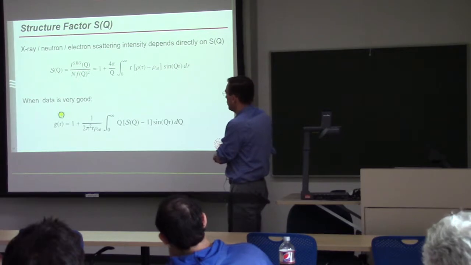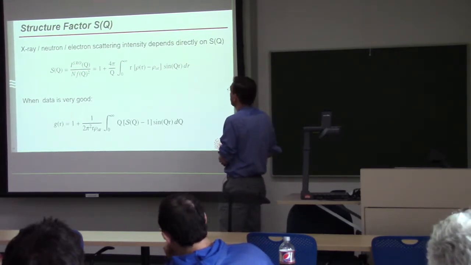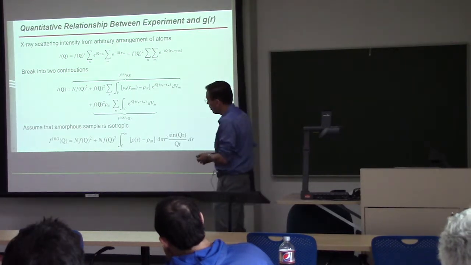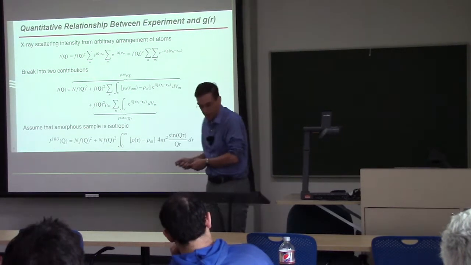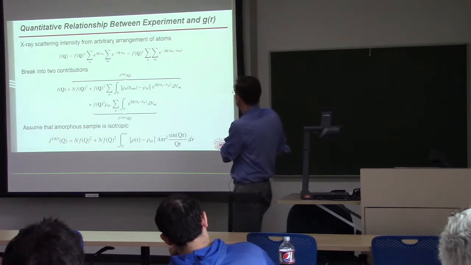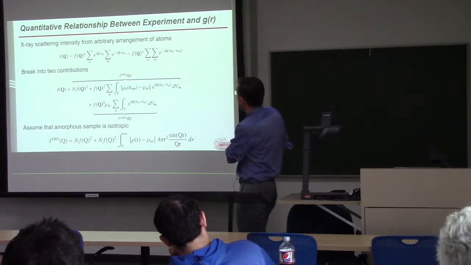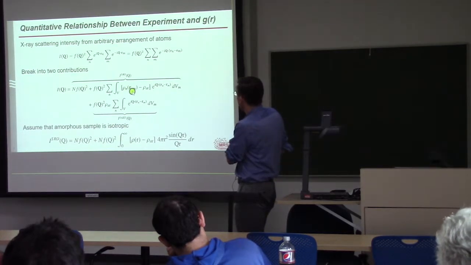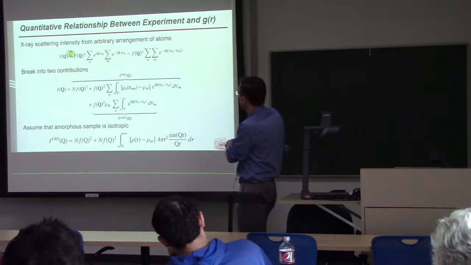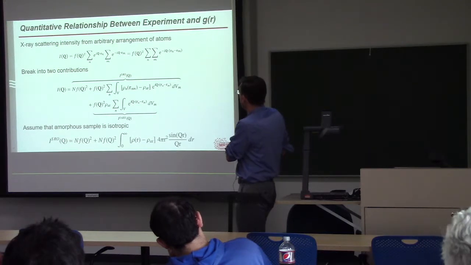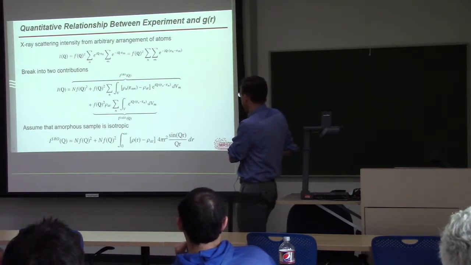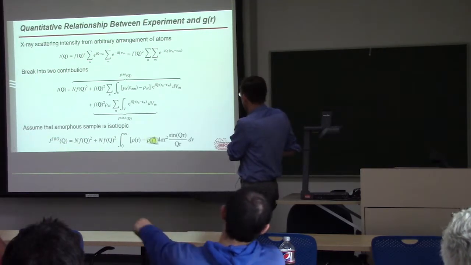And we'll see this throughout the talk today, that there are excellent measurements of G of R. So I should tell you about one more interesting aspect of this. This is really more background on how that particular idea works. If you look carefully here, this is how you go from the fundamental description of the intensity to the extraction of the relationship between the intensity and the atomic number density.